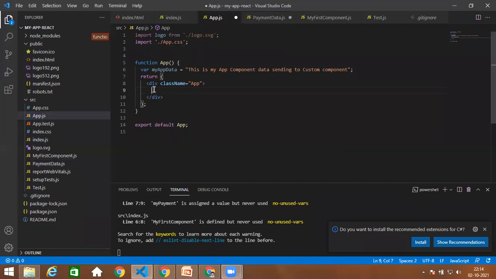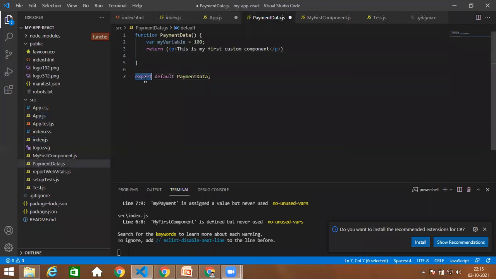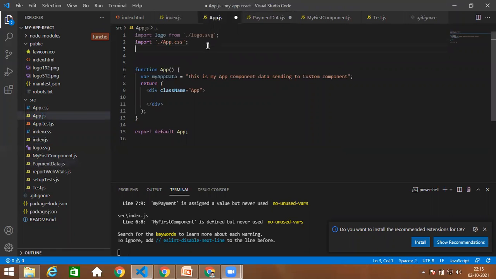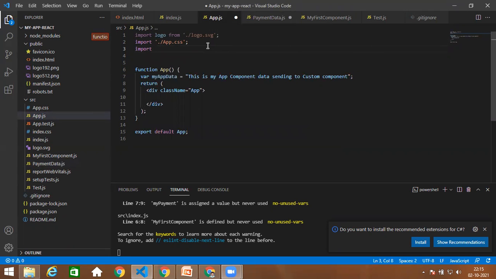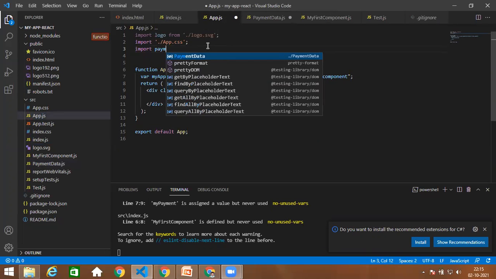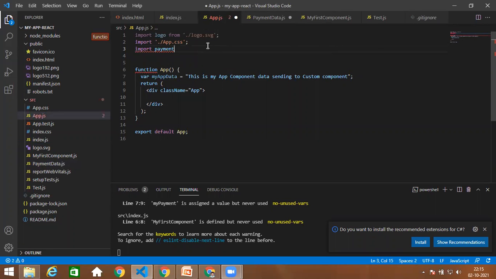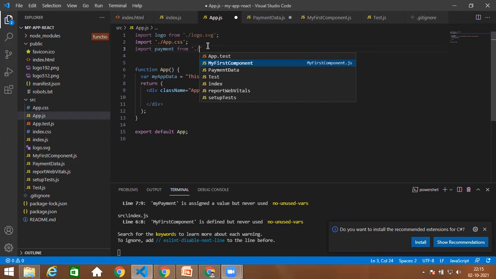So when I want to use my payment data.js component in app.js, here you have exported. Now the same component you have to import. So how will you import? Using the import keyword, you give whatever name you want. So I'll just say payment, and from you have to use dot, right?